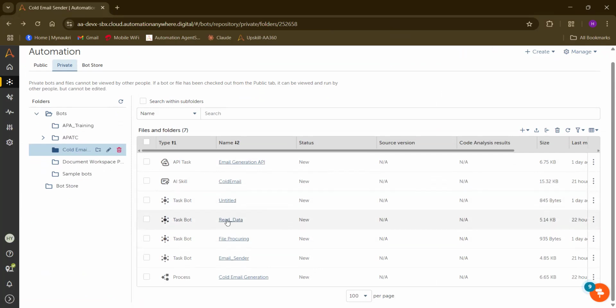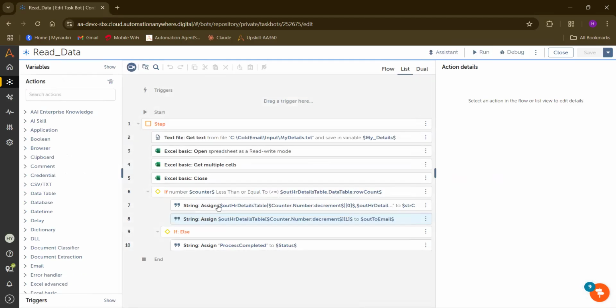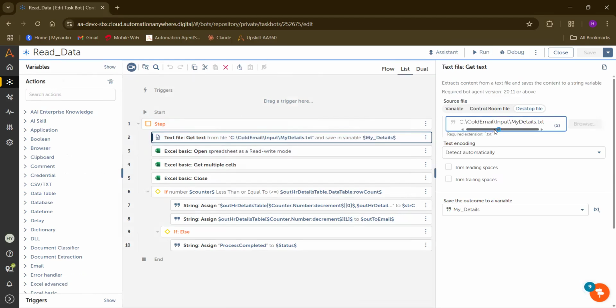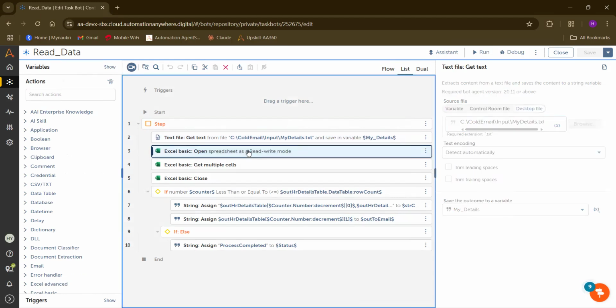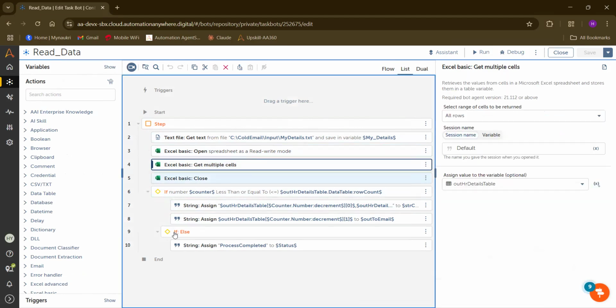Next, what I'm doing? Reading the data. Now let's open it. Here I'm reading the data, like my personal details: my email ID, my phone number, my skills. I'm reading all those things from the text file. In the same way, I'm reading the employer details, like hiring manager details, from the desktop, I mean my local machine. I'm reading it into the particular table here.